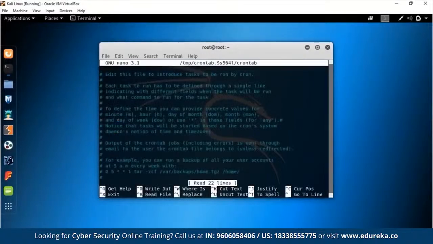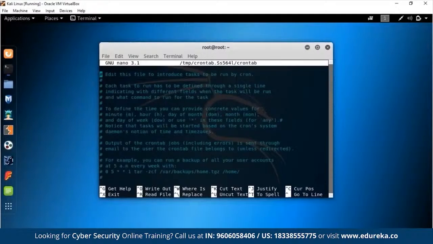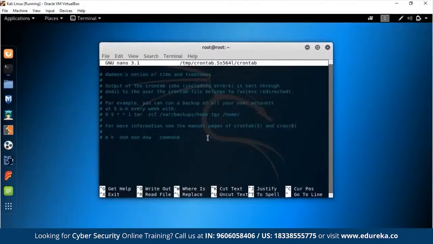What you have here is the readme file of crontab, and if you read this entire thing, you will learn how to use crontab completely. But if you have any doubts even after reading it, you can leave them in the comment section below. Now, what you want to do is set up a crontab so that you can change your MAC address whenever you reboot your computer. So all you have to do is say @reboot, and what you want to run is macchanger. If you remember, we want a random MAC address and we want it on eth0.